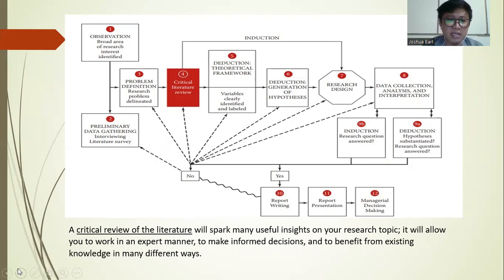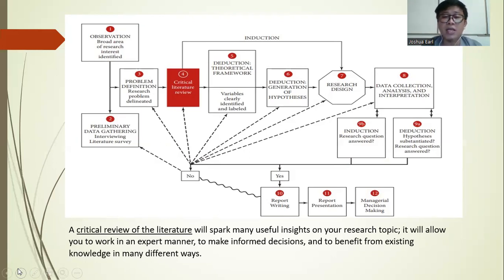As you can see, the first box in the upper left corner is the observation of a broad area of research interest. The second is preliminary data gathering, and the third is problem definition. And the fourth, as you can see, is the critical literature review.